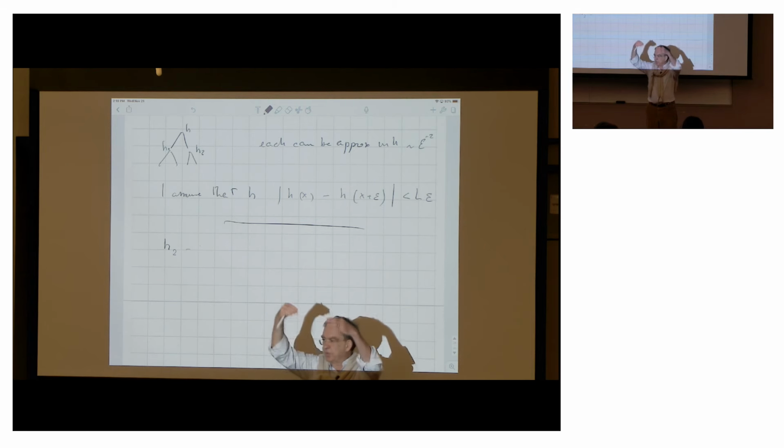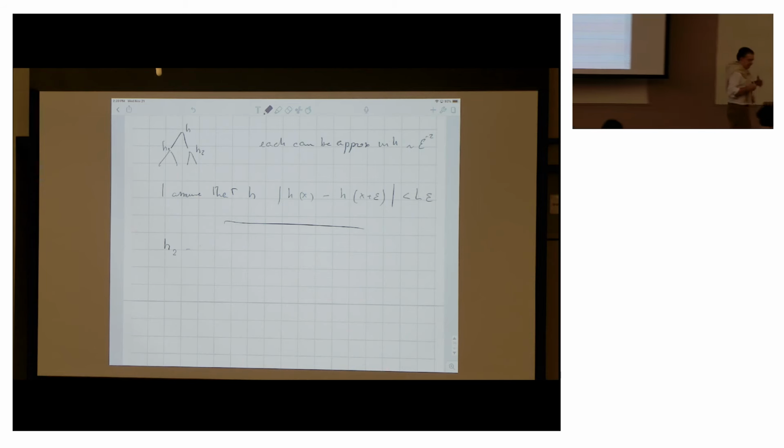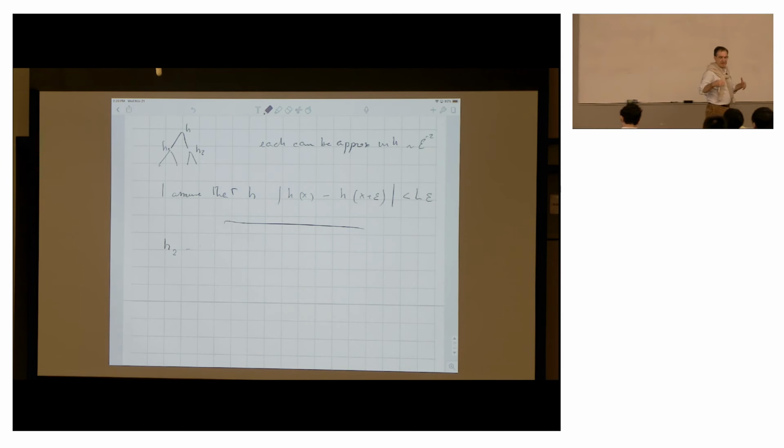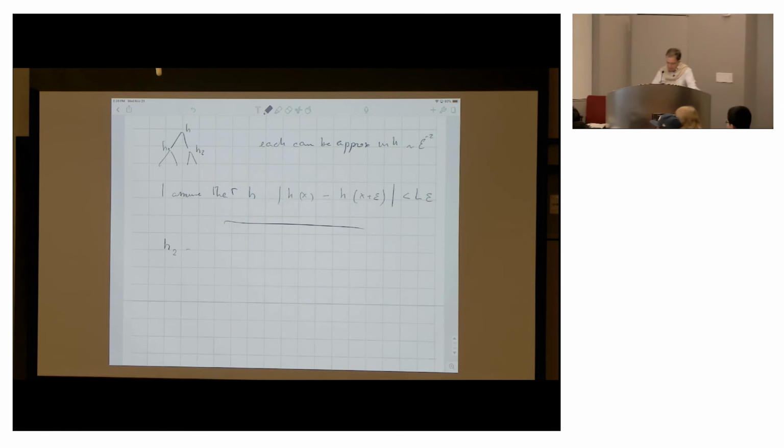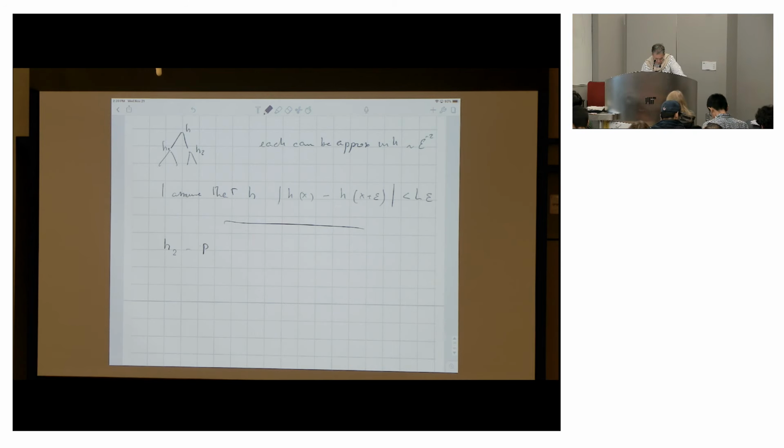The errors do not build up. So this kind of proof is essentially no error propagation as you go up. So I assume that h2 minus p2 is less than epsilon,